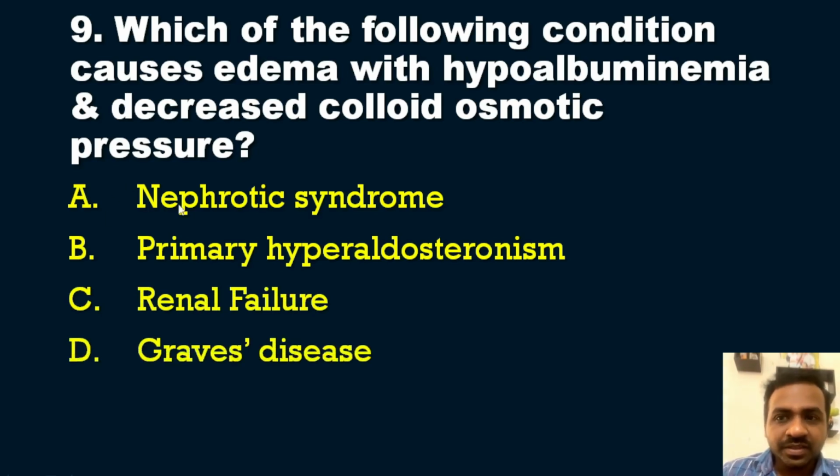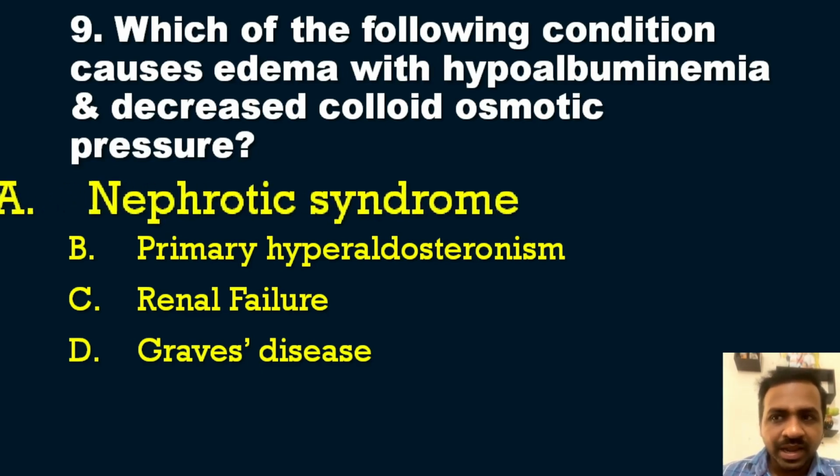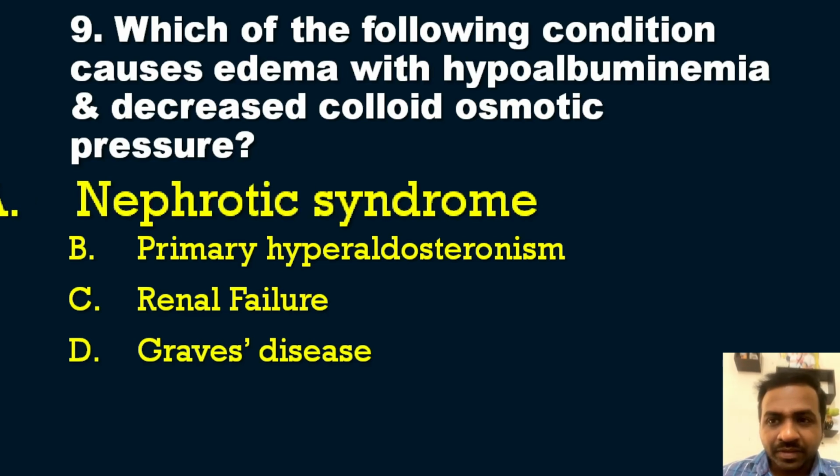So the options are: option A, nephrotic syndrome; option B, primary hyperaldosteronism; option C, renal failure; and option D, Graves' disease. So, hypoalbuminemia and decreased colloid osmotic pressure. What is the answer? Obviously, the answer is option A, nephrotic syndrome. I have kept 3 other options. In those conditions also there is edema or lack of edema, which I will be explaining in the explanation